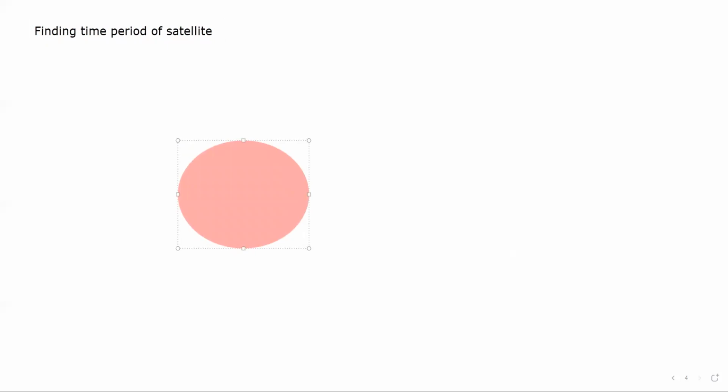We can have different types of satellite. If it's a geostationary satellite, then it will remain at a fixed position with respect to a position of the Earth. So here the center is the Earth, and a satellite is there. This is the position of the satellite. The distance from